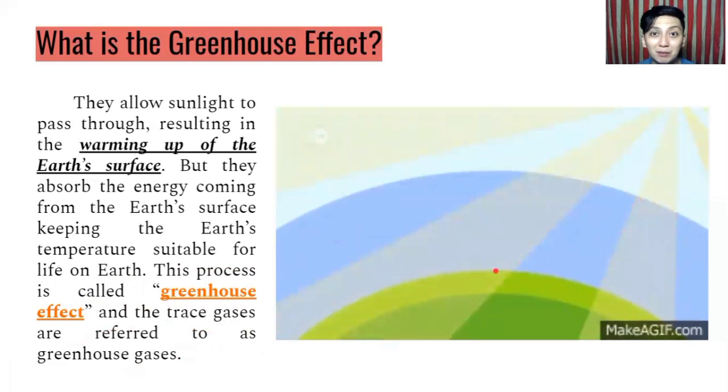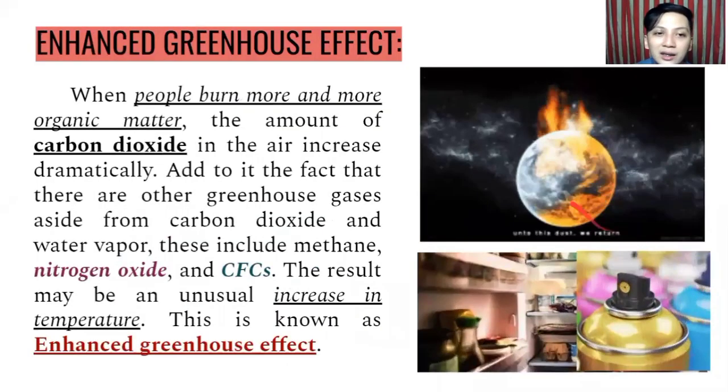Yung mga matatagpuan na trace gases. Okay? Na nakakatulong din sa mga na effect na makakapag-trap ng air or ng warm air doon sa loob ng Earth. Yun yung mga greenhouse gases. Yung mga carbon dioxide. Ayan. Yung example natin kanina. So, and has greenhouse effect. This is very, very dangerous.